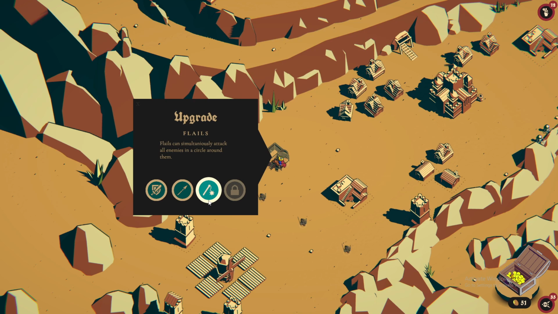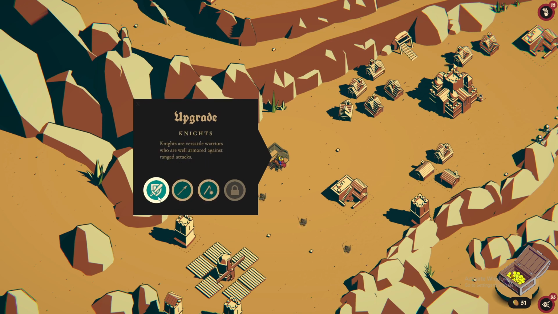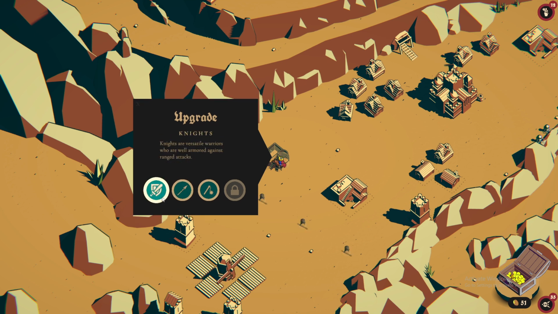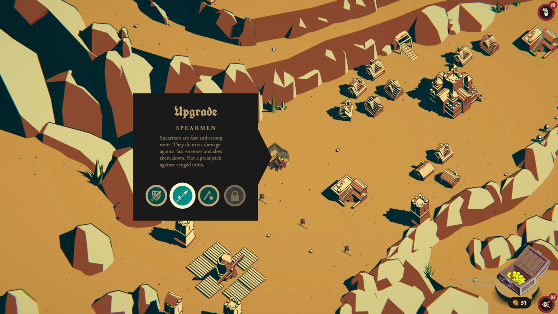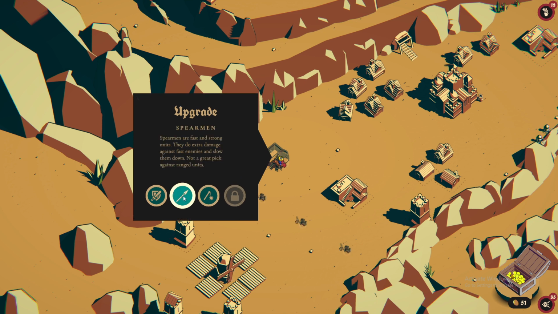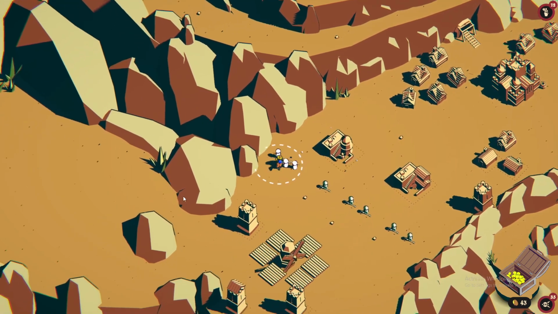I wish they would write a little bit more about flails, like who they're good against, you know. So it says knights are well armored against range attacks. Spearmen are good against fast units. So maybe flails are good against heavy stuff. I don't know. Maybe I'll just do spears. Because it just says they're not a great unit for